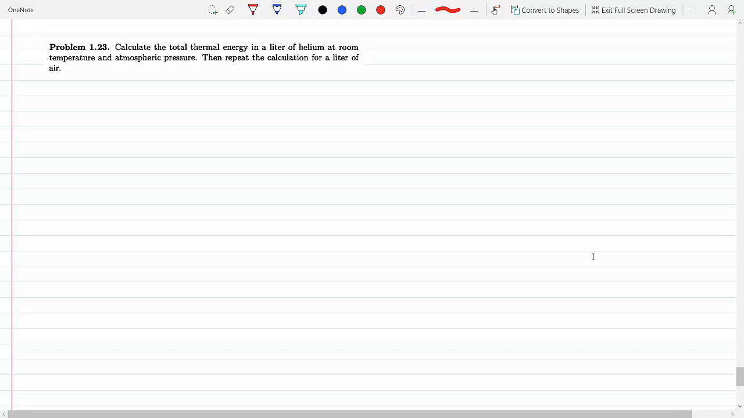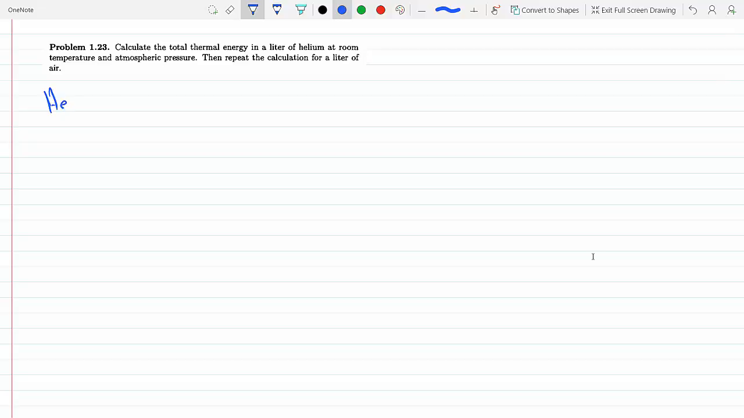thermal energy in a liter of helium at room temperature and atmospheric pressure, then we have to repeat the same calculation for a liter of air. Okay, let's start with helium. And we know that the thermal energy is equal to 1/2 N, which is the number of molecules, times F, which is the degrees of freedom, times k, Boltzmann constant, times the